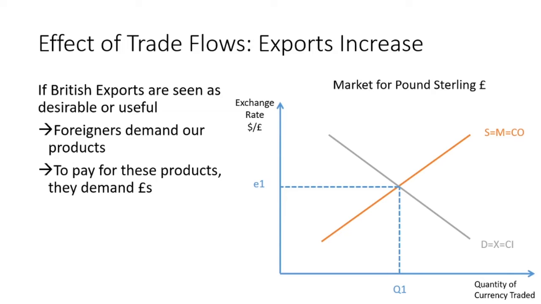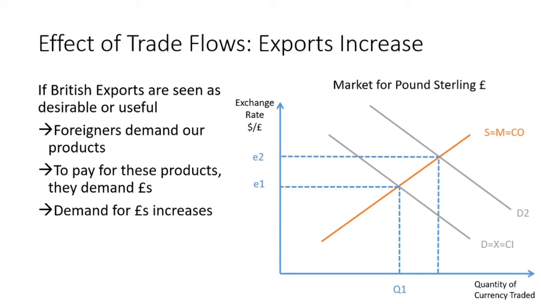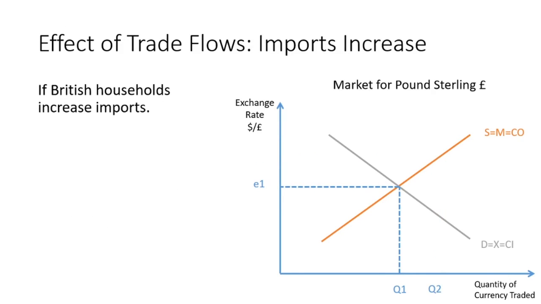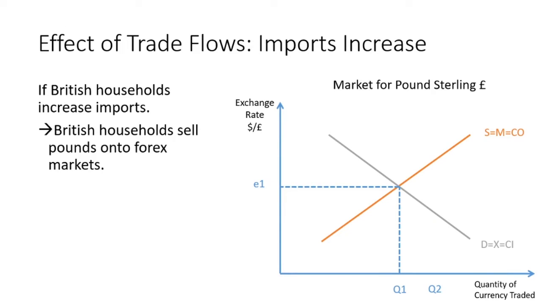Therefore, to pay for these products, they must demand pounds. This means that the demand for pounds increases, and as a result, we see our currency appreciating. So if we increase our exports, or if our exports become more desirable, we can expect an appreciation of our currency. Likewise, if our imports increase, if British households increase their imports, this means that British households are then selling